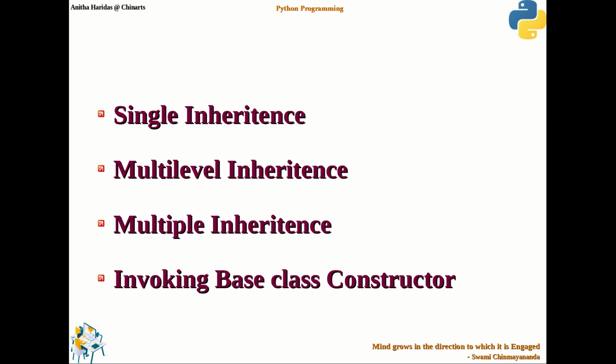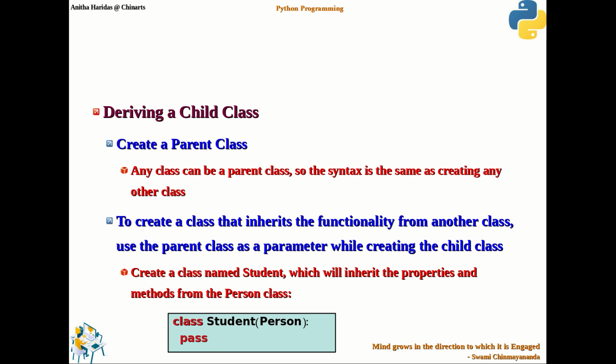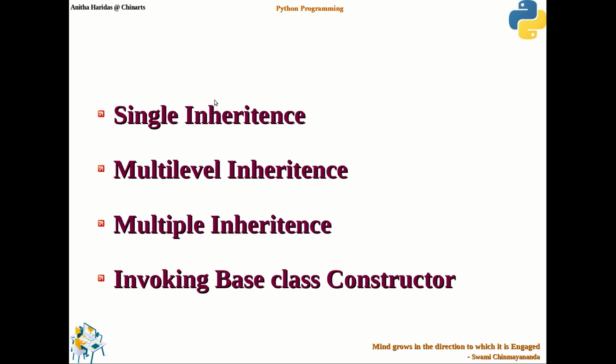Here we just talked about what a pass statement is, what the del keyword is used for, and what is meant by data hiding. We had seen some examples of data hiding also, where you can achieve having private members in your class. Then we very briefly touched upon what inheritance is and a very simple way of defining a child class. Then the different types of inheritance. So inheritance, operator overloading, and overriding will be discussed in the upcoming sessions in detail.